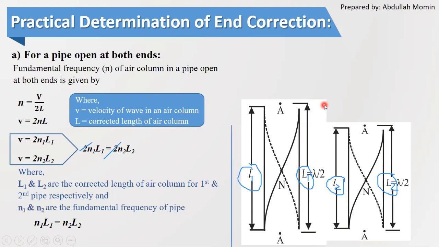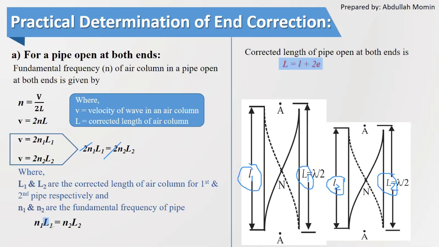Now the corrected length of the pipe which is open at both ends can be rewritten as capital L is equal to small l plus E. So we are going to calculate the capital length, that is the summation of small L1 plus E plus E. Since the diameter of both the pipes is the same, E will be the same for both pipes, but the lengths of the pipes are different, that is small L1 and small L2 are different. So capital L1 can be written as, now we are going to use this formula of capital L in this equation.